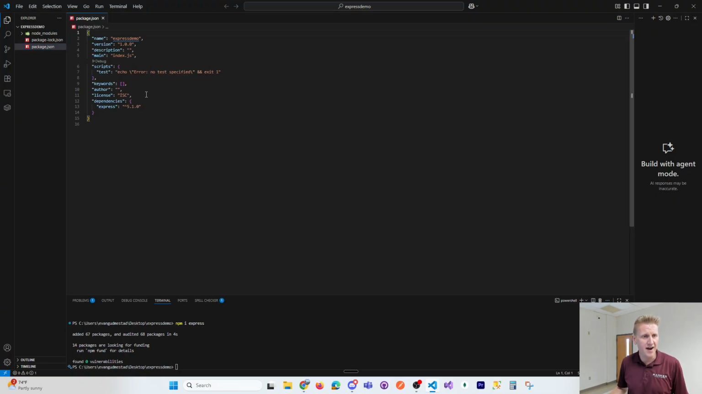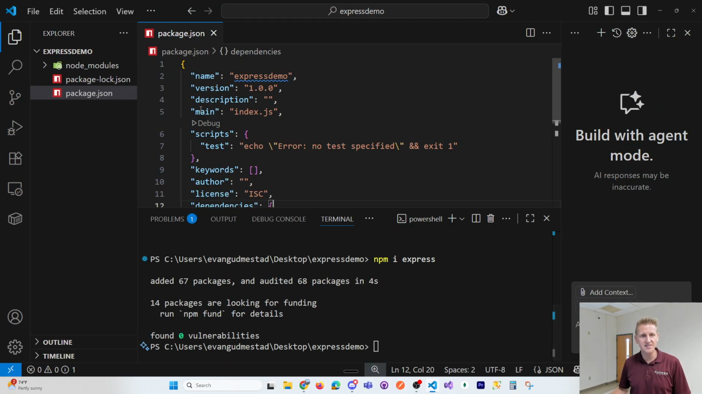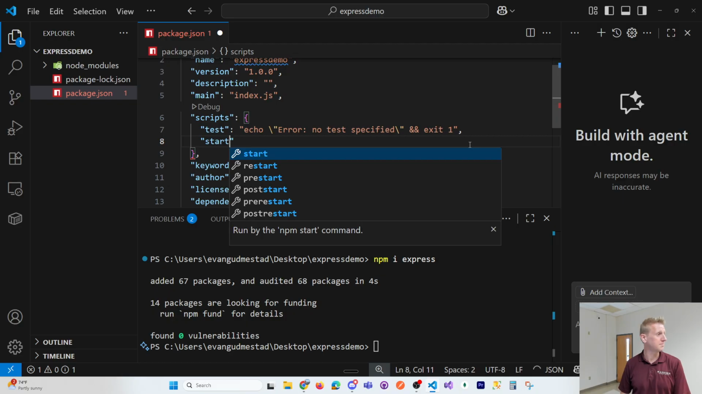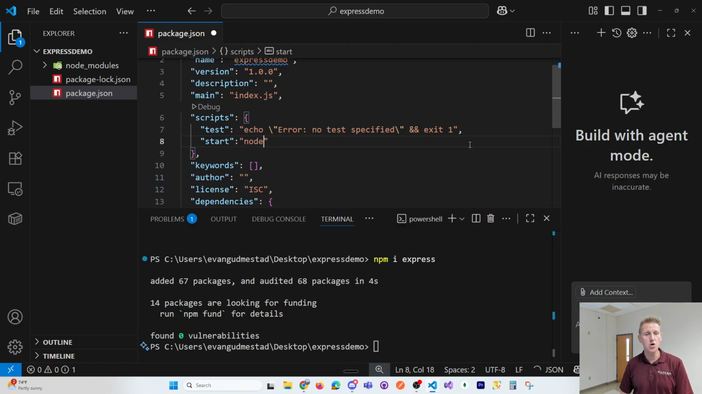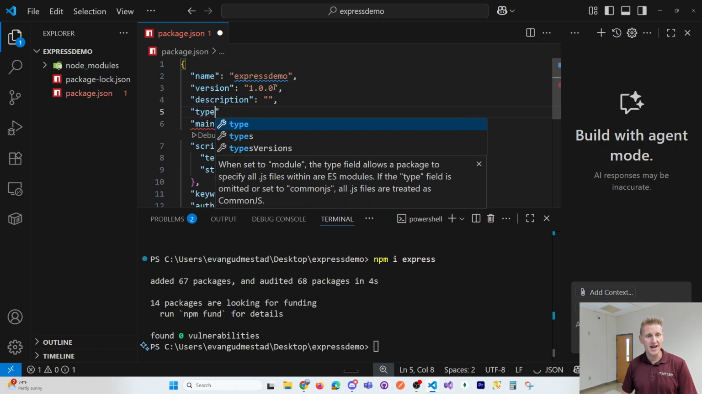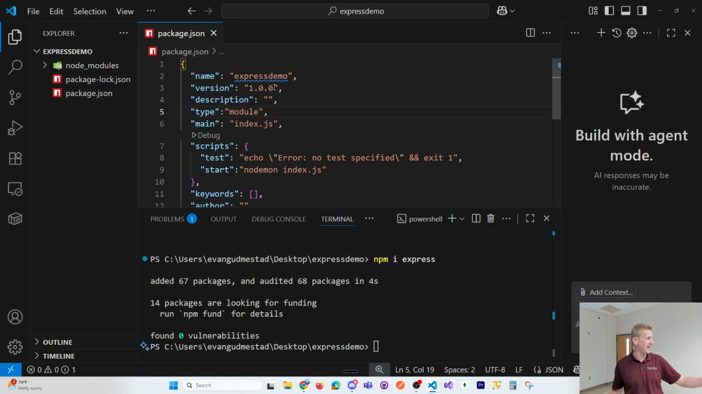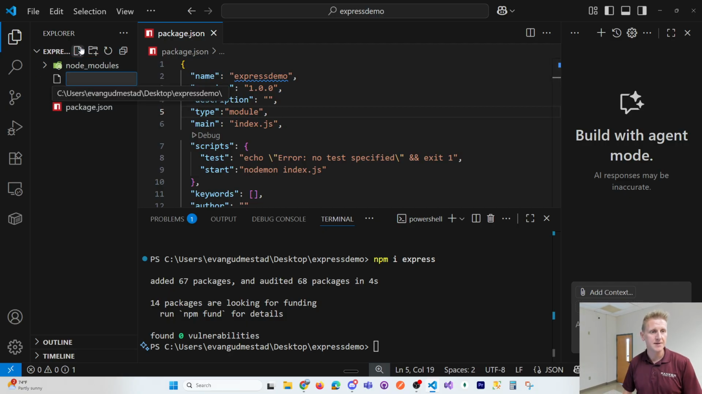Notice our file here, if I zoom in, says our main file is called index.js. So I'm going to make a script called my start script, and this is going to run nodemon index.js. Now I don't have an index.js file. I'm also going to add the type of module here so that we can use the import syntax, not the require syntax. So if I go ahead and make my index.js file,